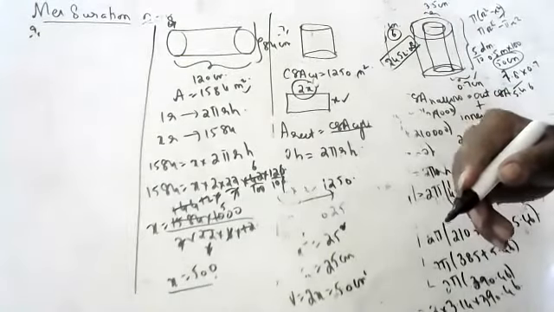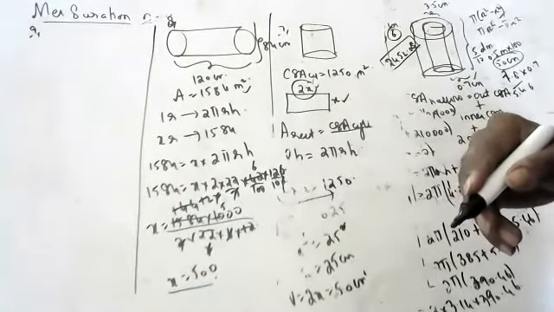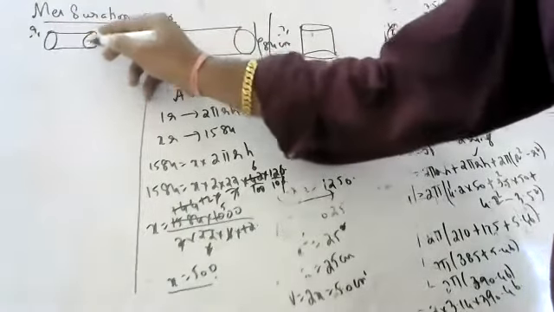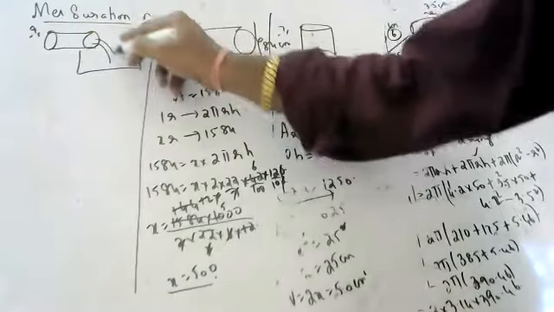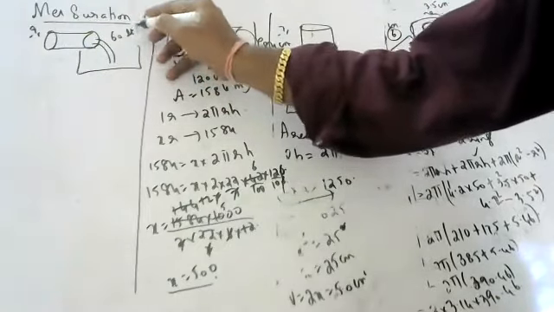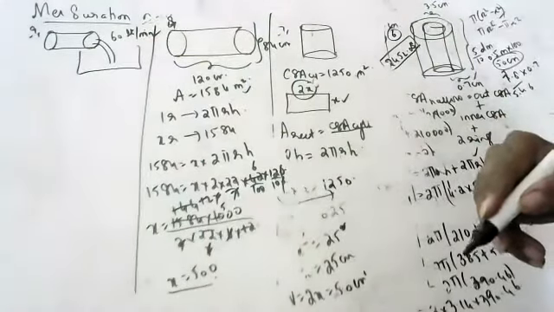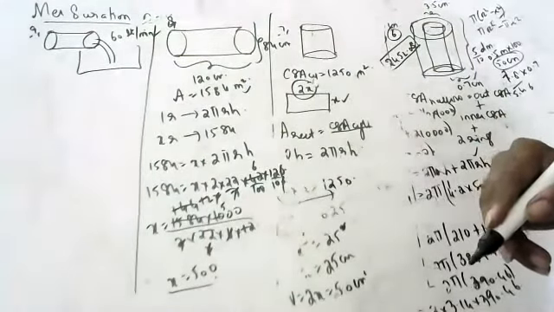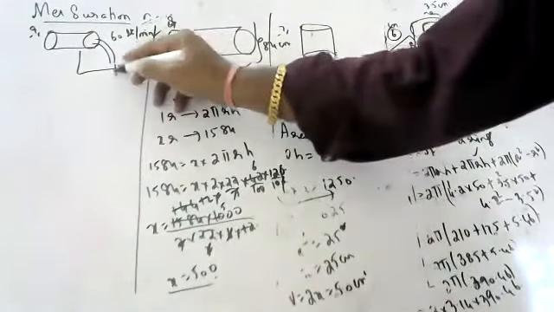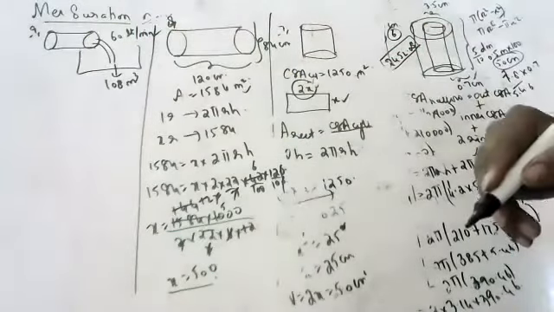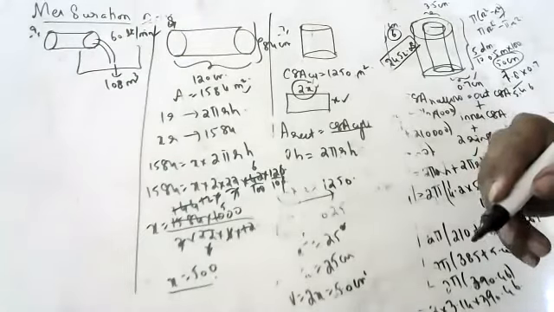Okay, next, Rishikesh. Water is pouring into a reservoir at the rate of 60 liters per minute. If the volume of the reservoir is 108 meter cube, find the number of hours it will take to fill the reservoir.